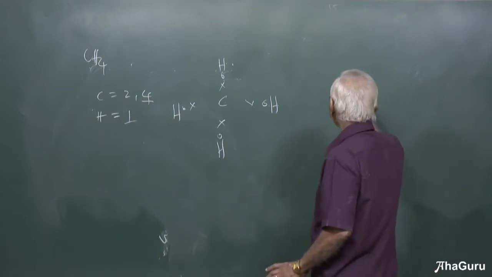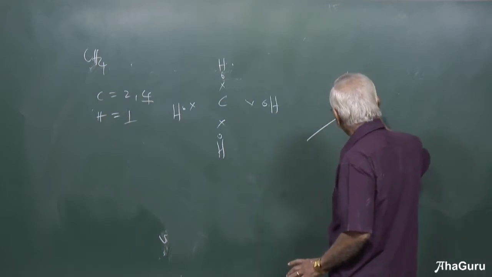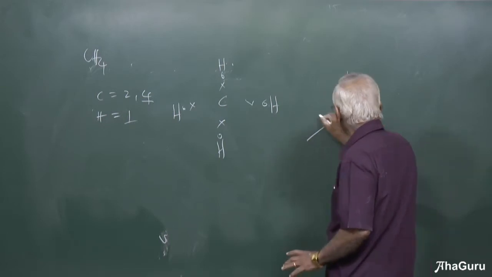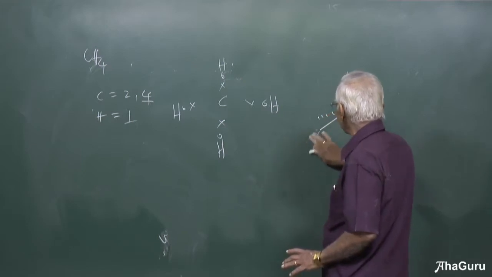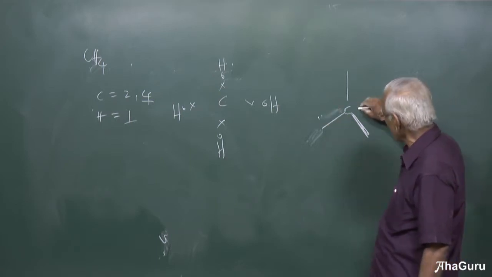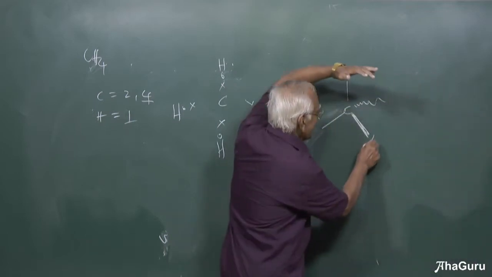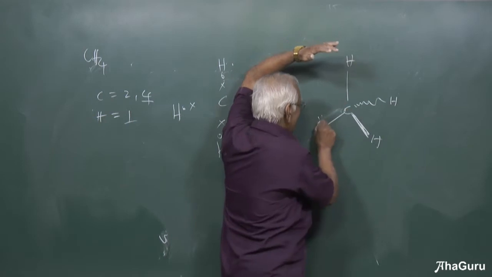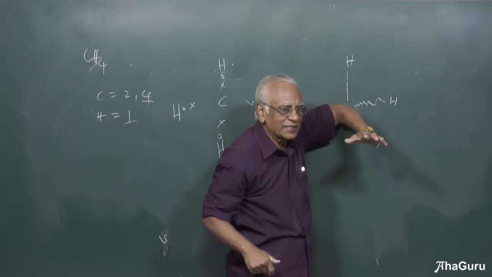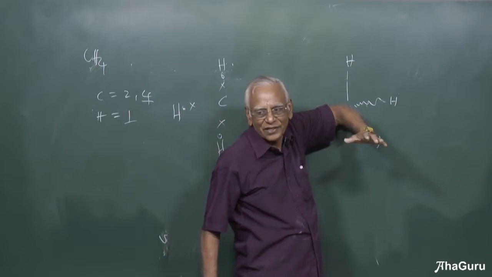You must know how to draw it. You put a carbon here, and one bond here; these are called normal bonds. Then a thick line here, and the other one is a dotted line. This is the carbon atom, and these are hydrogen atoms. This is called a normal bond, a thick bond and a dotted line. The thick line tells you the atom is in front of the board, in front of you.